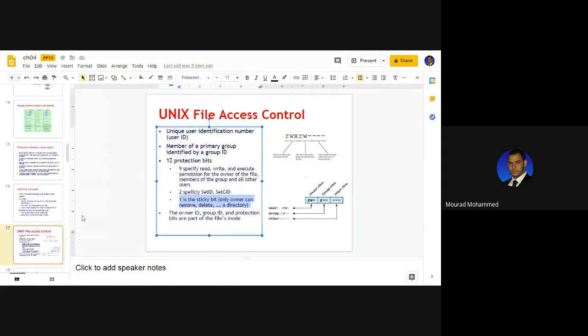So there is 1 bit to specify this right. A user is awarded an access control definition based on 12 bits: the 9 to specify read, write, execute for 3 blocks, 2 to specify the group ID and the user ID, and 1 to specify the right, whether you are able to delete or not.